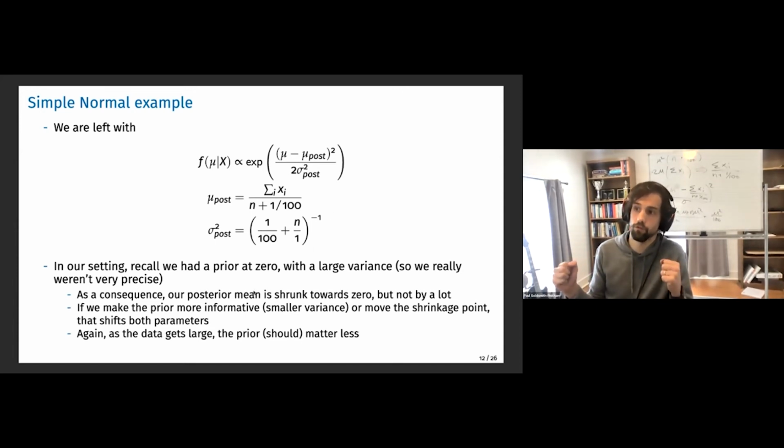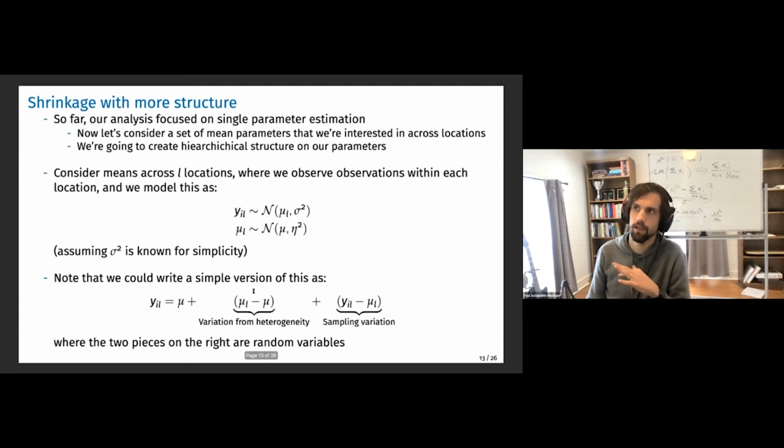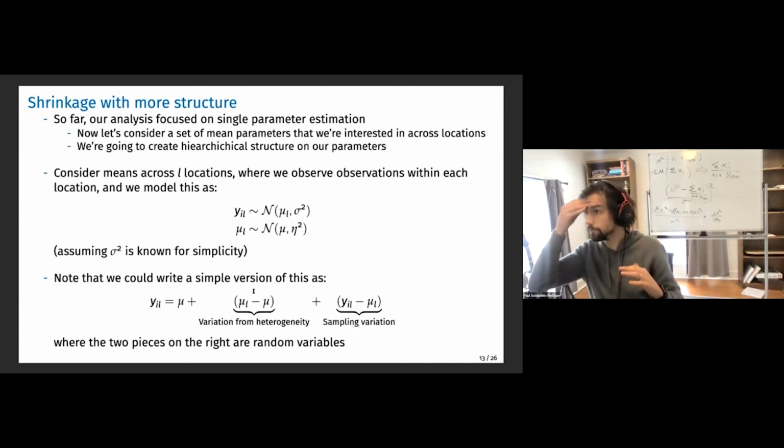Basically, there's these two pieces, right? If we make the prior more informative, it's going to shrink us more towards something. We'll also make our posterior variance smaller. Basically, as the data gets large, though, the prior should matter less. Okay, so